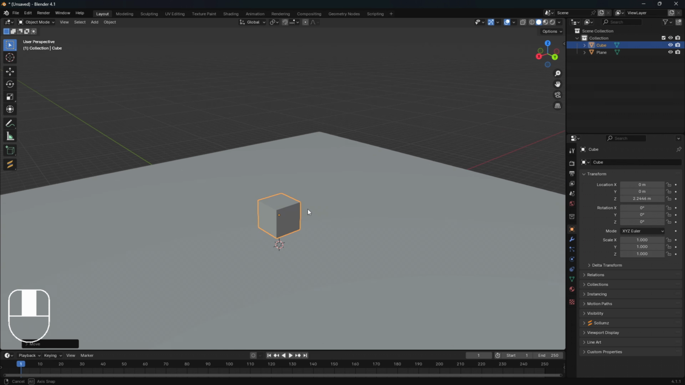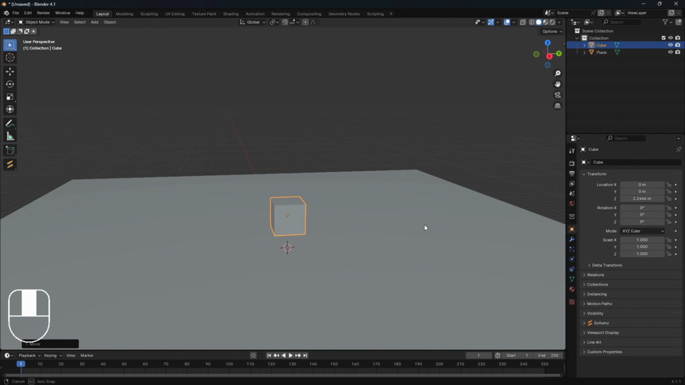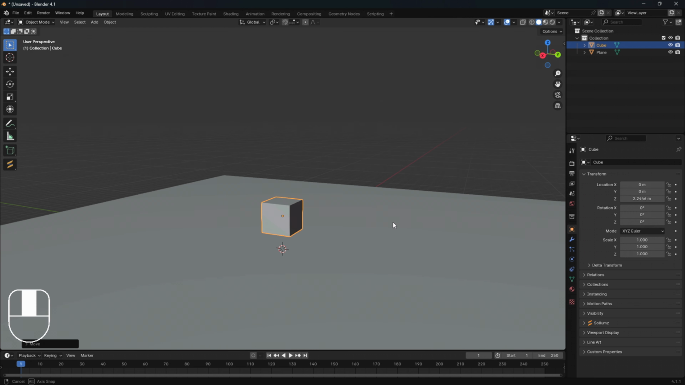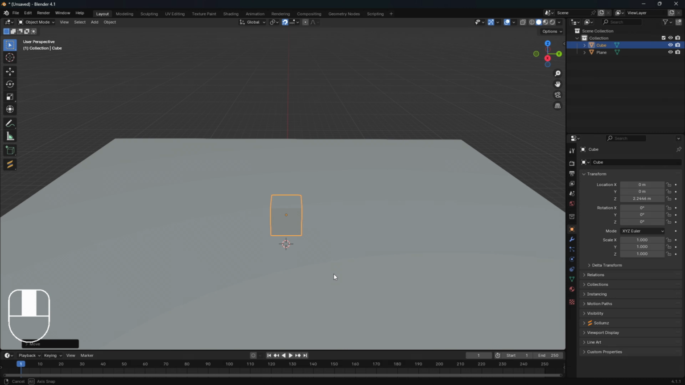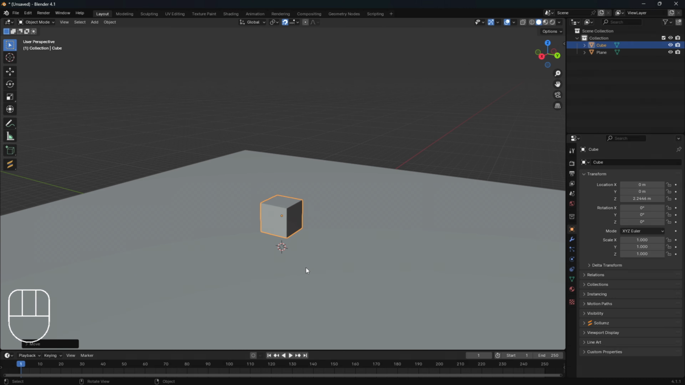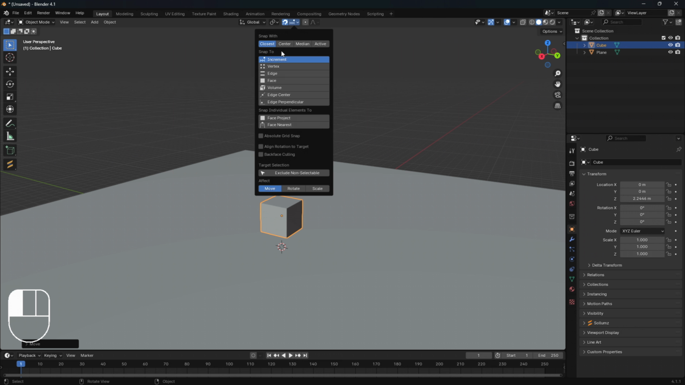But what we're gonna do is snap it to this surface. So if we go up here, there's a tool right here. It's called our snap tool. It functions like a magnet. If you turn it on, and then you press G and hover over a surface, well, let's actually select